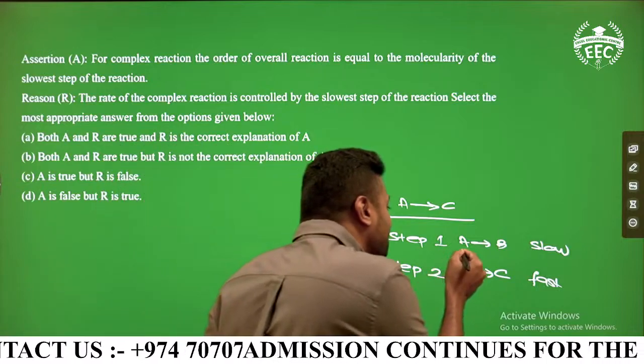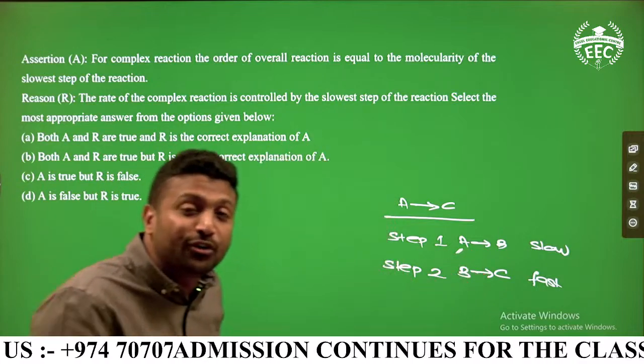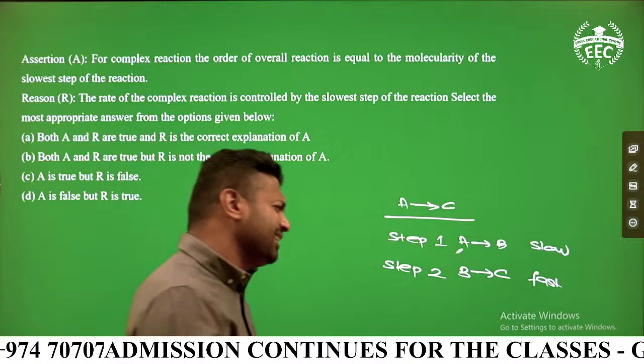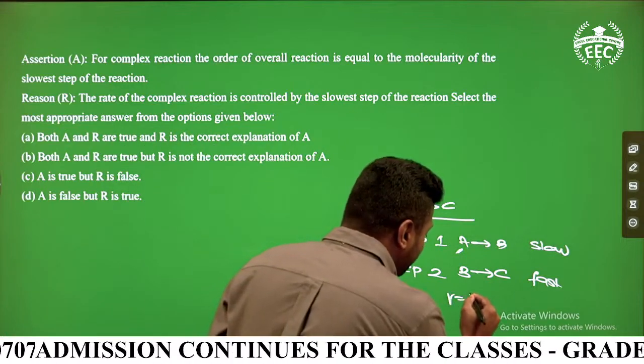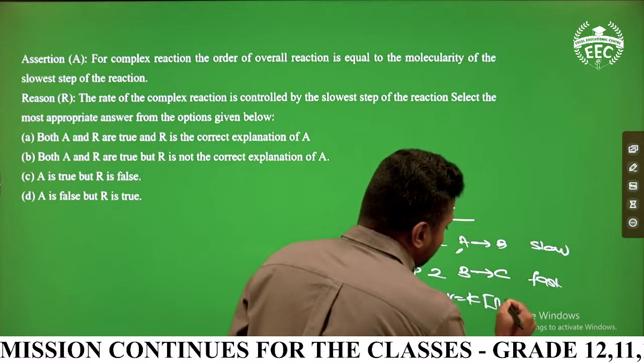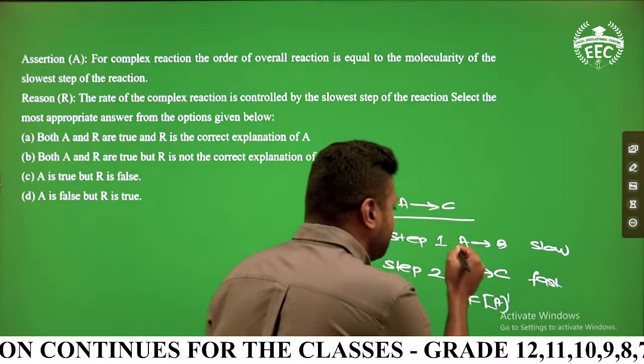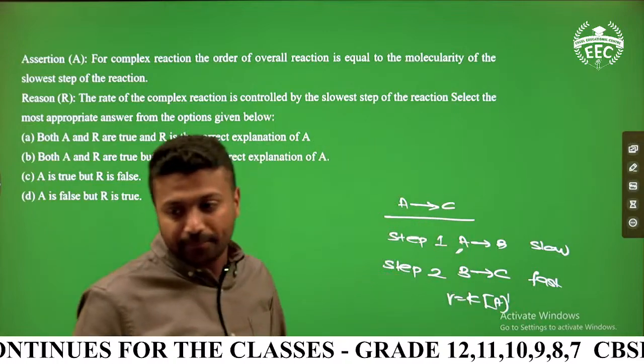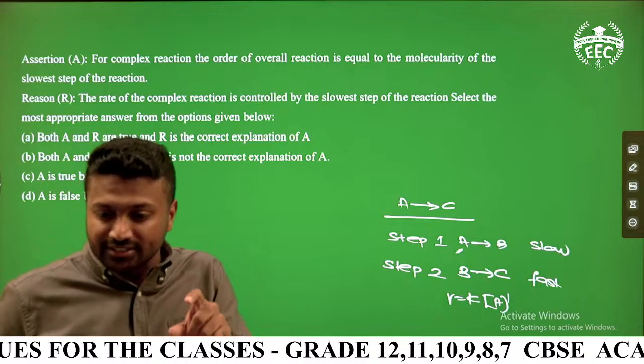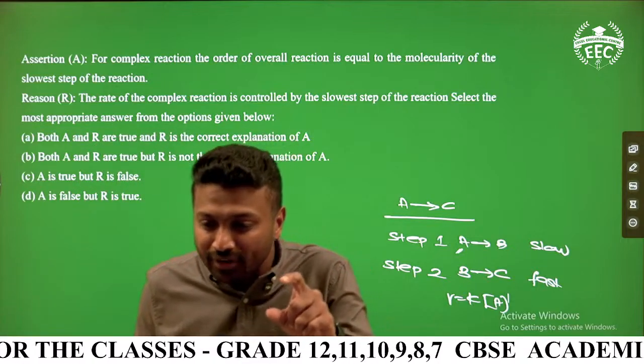Molecularity of A is 1. That same will be the order of the overall reaction. So I can say the rate law will be R is equal to K into concentration of A raised to 1, because its coefficient is 1. Concluding my point is,